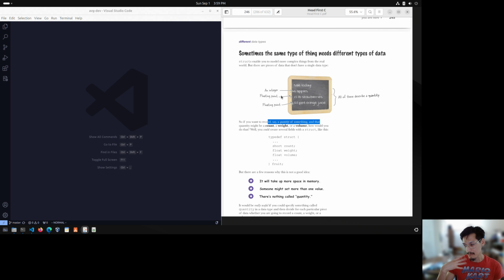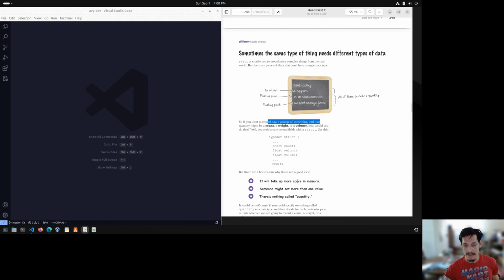In one instance you could have a container that shows a quantity that is a count, or in another instance you want to use a weight to signify quantity, or another instance a volume, right? And we want to model that as fruit, like the weight of a fruit, for example. But we only want to use one of those three, and we can model it in a struct, but then